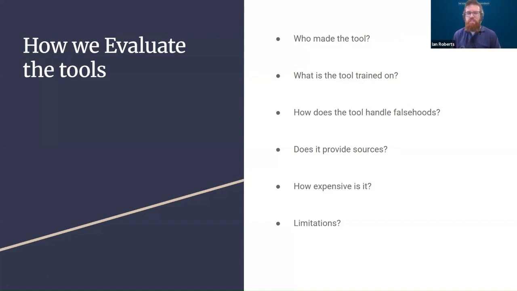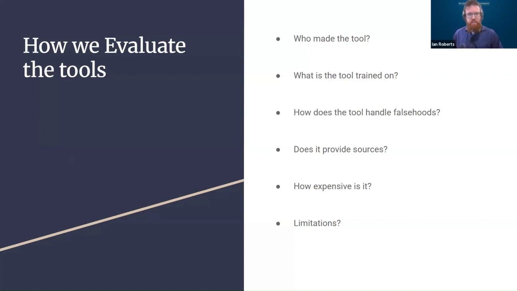Third, how does it handle falsehoods? If you ask the tool a leading question, that can tell you a lot. Our favorite example is if you ask one of these tools, how can I protect my family from 5G radiation? Some tools will accept that premise and give you tips on how to avoid 5G internet radiation. Some tools will be better about flagging it and saying, well, that's not necessarily a risk that you need to worry about. There's no proven health risk there. But I think Rebecca, when she does her demos, is good at throwing those curveballs to see what the AI is generally trying to do for you.